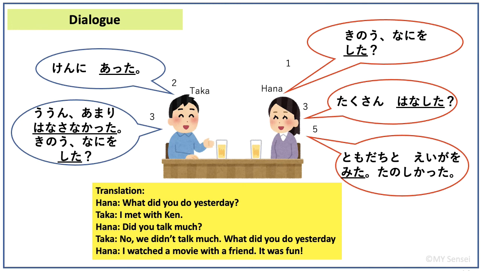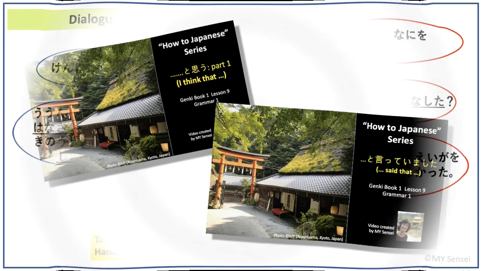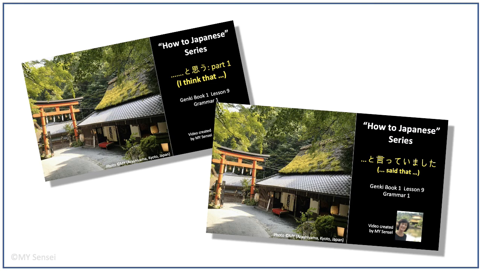Here's a dialogue that shows how past verbs are used in a conversation between two friends, Taka and Hana. 昨日何をした? 県にあった。 たくさん話した? あまり話さなかった。昨日何をした? 友達と映画を見た。楽しかった。